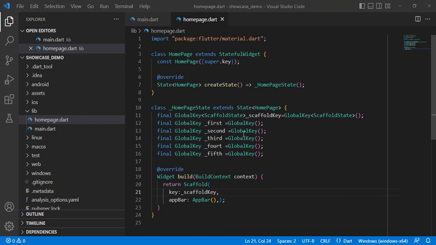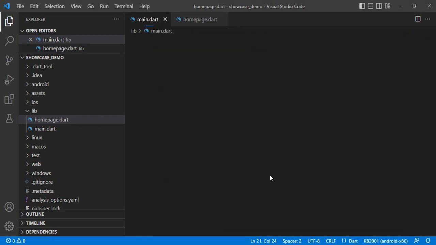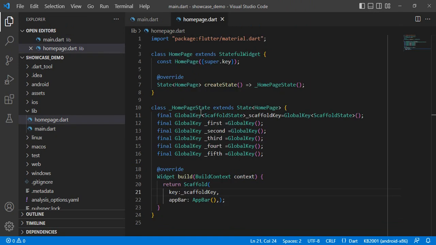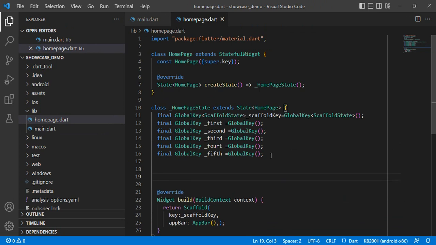And these keys are defined so that our showcase widget, you can see here in the main.dart file, needs to know which widgets are to be showcased first. So we have described, we have mentioned our keys here. And to start our showcase, whenever our home page starts, we need to